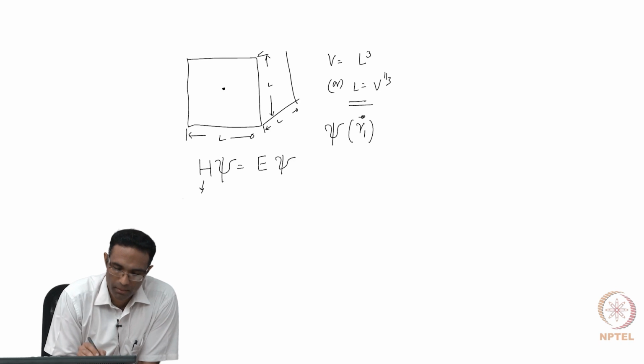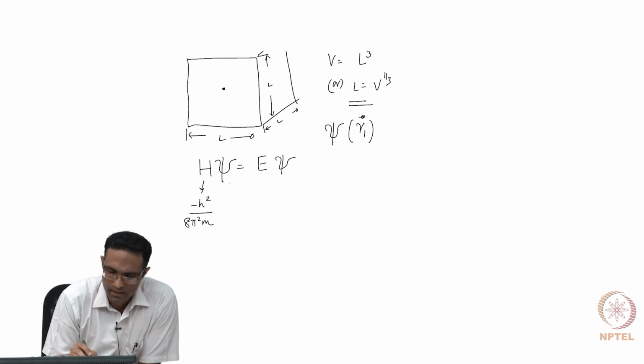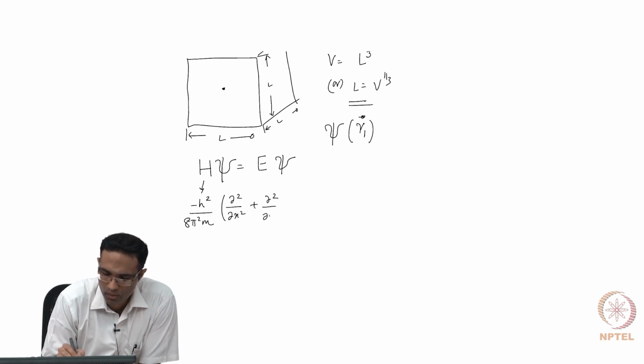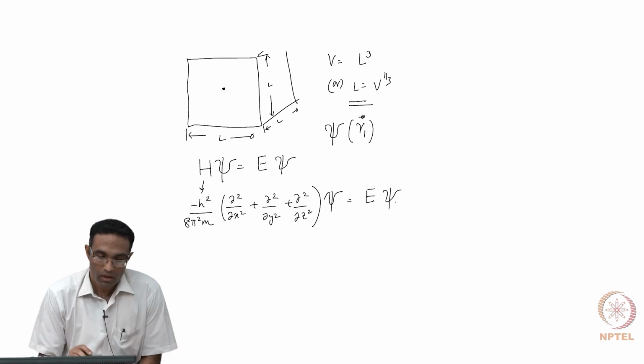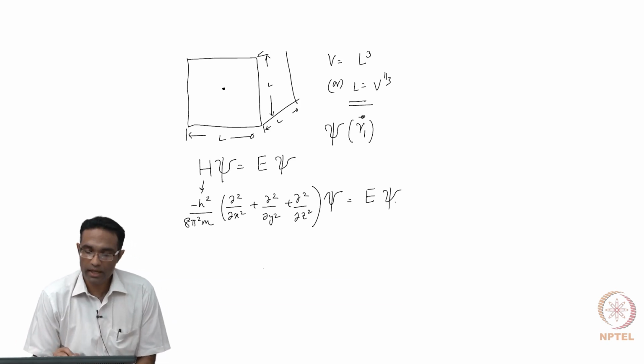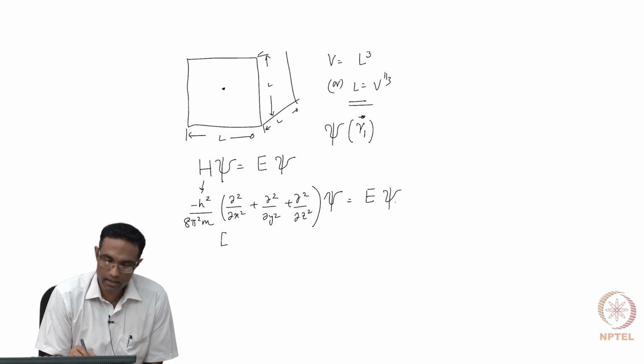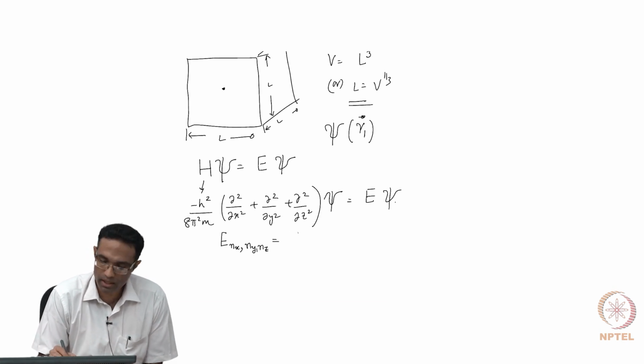And H is basically the Hamiltonian, which happens to be minus h squared by 8 pi squared m or something like that, times ∂²/∂x² plus ∂²/∂y² plus ∂²/∂z², right? Now, this happens to be an eigenvalue problem, and we get E as a function of nx, ny, and nz, and it turns out to be something like h squared divided by 8 m L squared